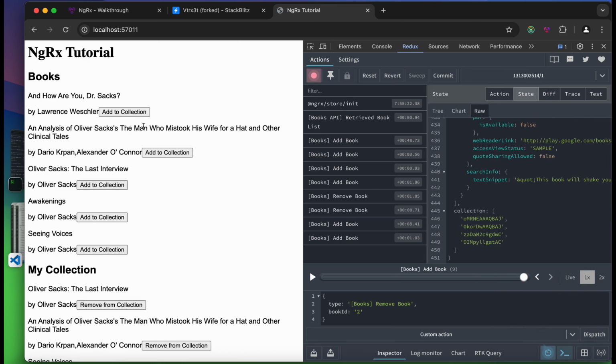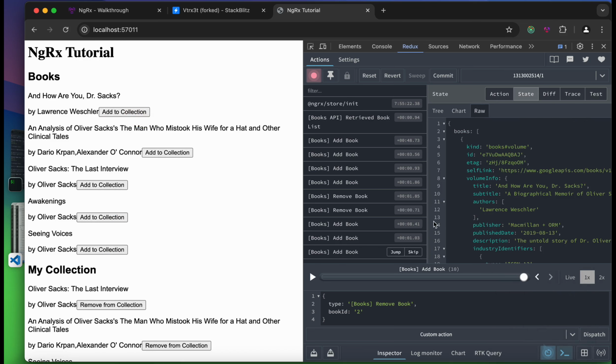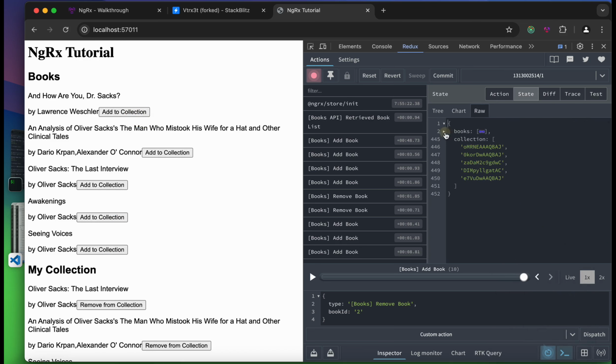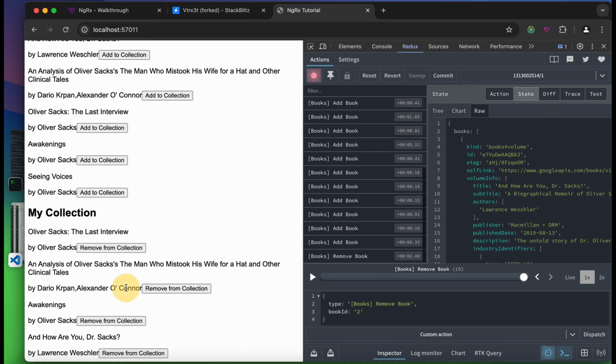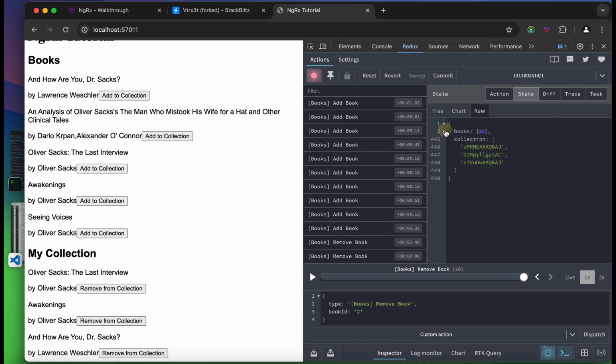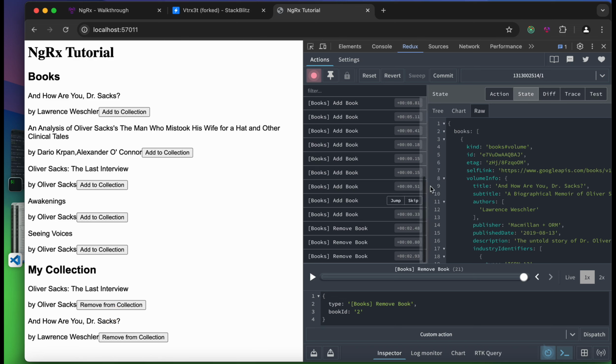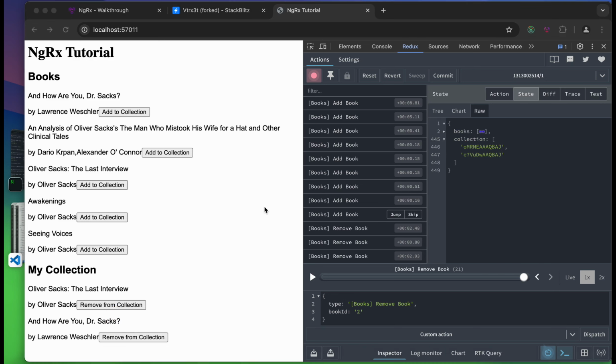All right, let's add. It's painful. If we try to add the same one, it won't add it because we are checking whether it's there or not, and then the removes are working fine also. All right, so everything is working perfectly fine,